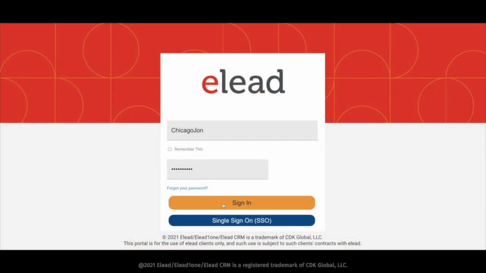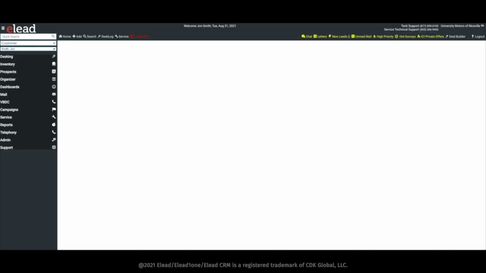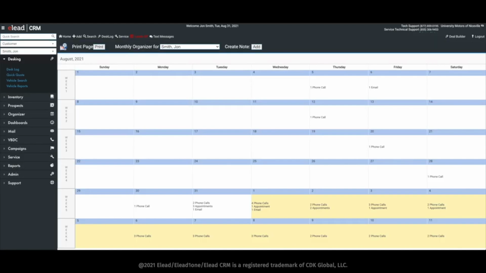To complete your tasks from the organizer, first log in. Because salespeople use it every single day, they typically have the monthly view organizer as their homepage. If your monthly organizer is not your landing